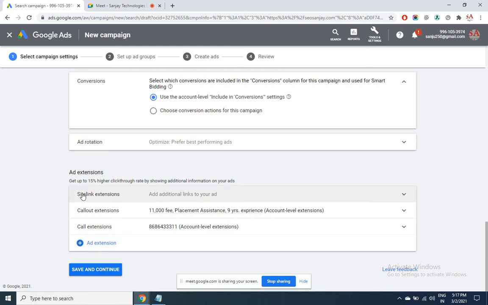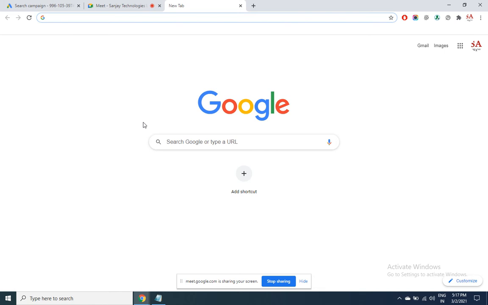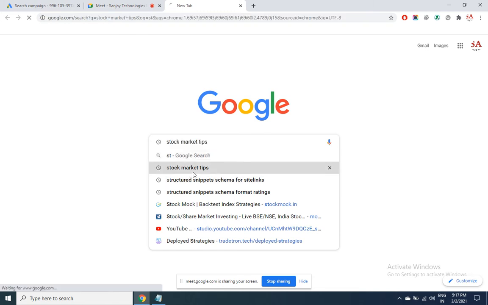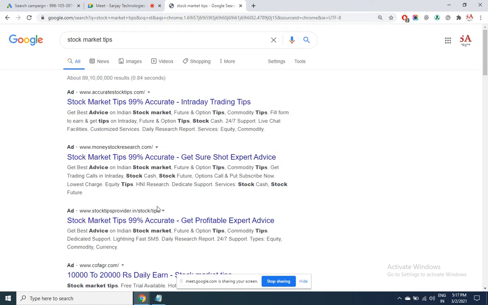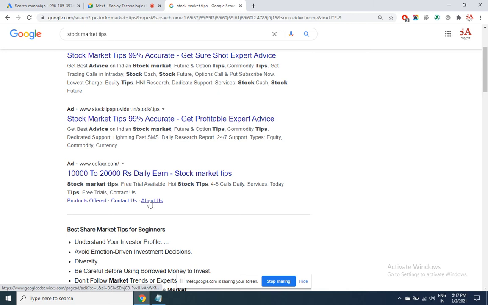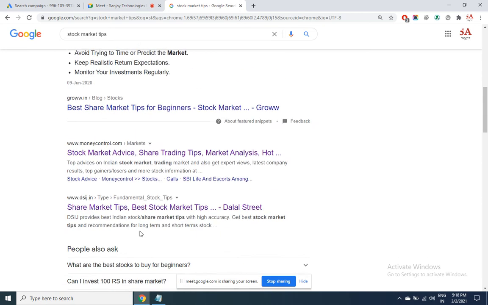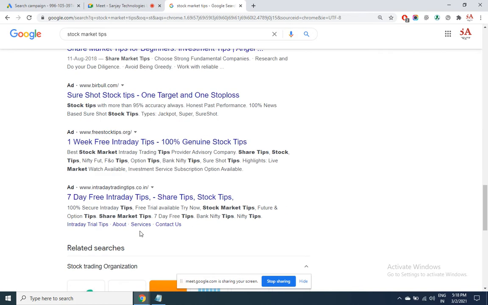Let us begin with site link extensions. Site link extensions along with the ad look something like this. Let me type a business keyword, stock market tips. Firstly, I'll show you the regular ad. These are all ads, but everybody is using extensions. Without an extension, how does an ad look?